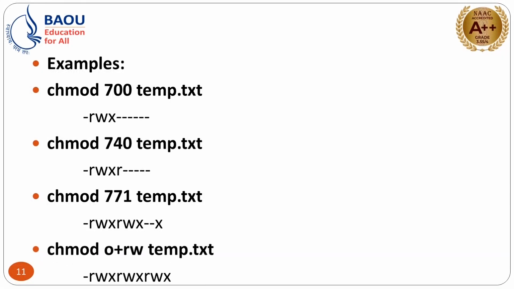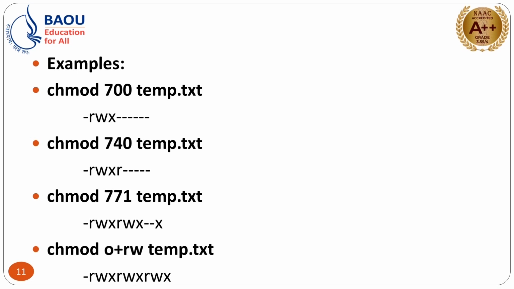If you don't want to use this octal number system, you have another alternative. You can use some letters. If you want to assign or remove permission for the owner, then you can use U. If you want to assign or remove permission for the group, you can use the letter G. And if you want to assign or remove permission for the other user, in that case you can use O, right? So to assign the permission you can use plus, and to remove the permission